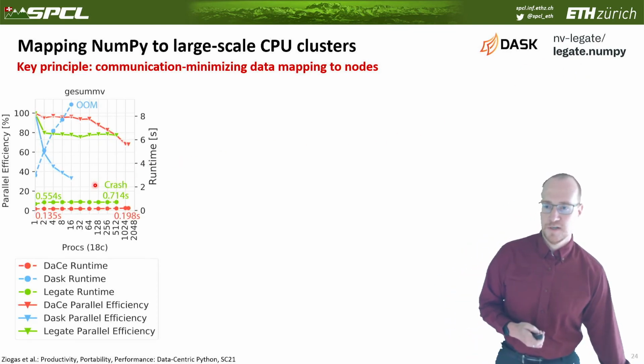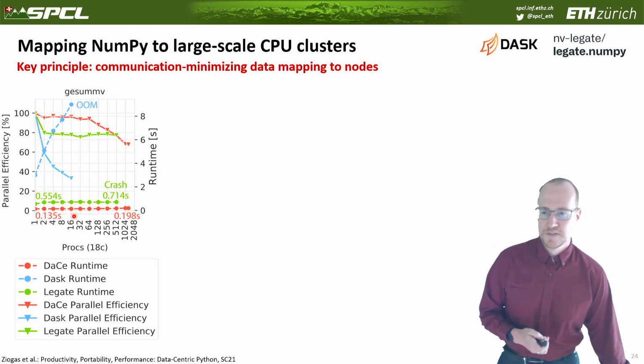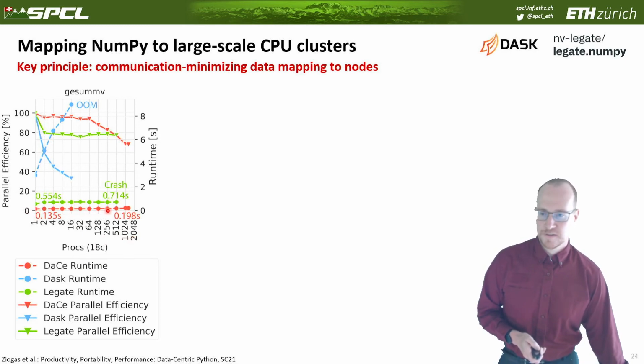We can look at lots of these plots here, where we have multiple different lines. The triangles on the left are parallel efficiency. Let's look at just the absolute runtime. These are the circles. So we have the Dask runtime in blue, the DaCe runtime in red, and the Legate runtime in green. And you can see that the DaCe runtime is the fastest here. Legate with number of processes here times 18, essentially. The Legate runtime is extremely good compared to Dask, at least, which actually you can see here, until it runs out of memory.